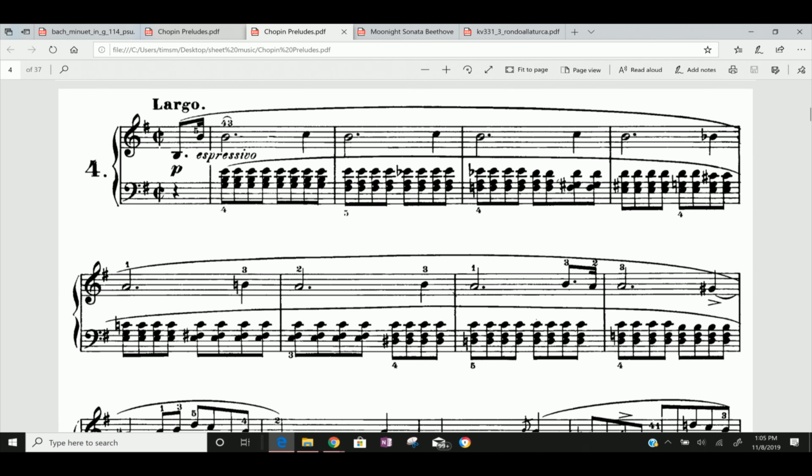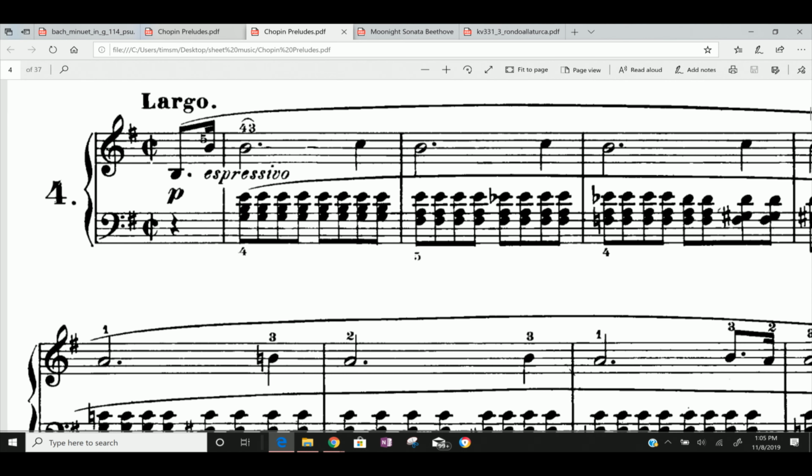So taking a look at this Chopin prelude right here, there is a key signature right in the beginning. A key signature is really the visual representation of what the key is. It appears between the clef, the treble clef, and the time signature. I'm going to have my editor circle that for you. And so you see there's one sharp there.